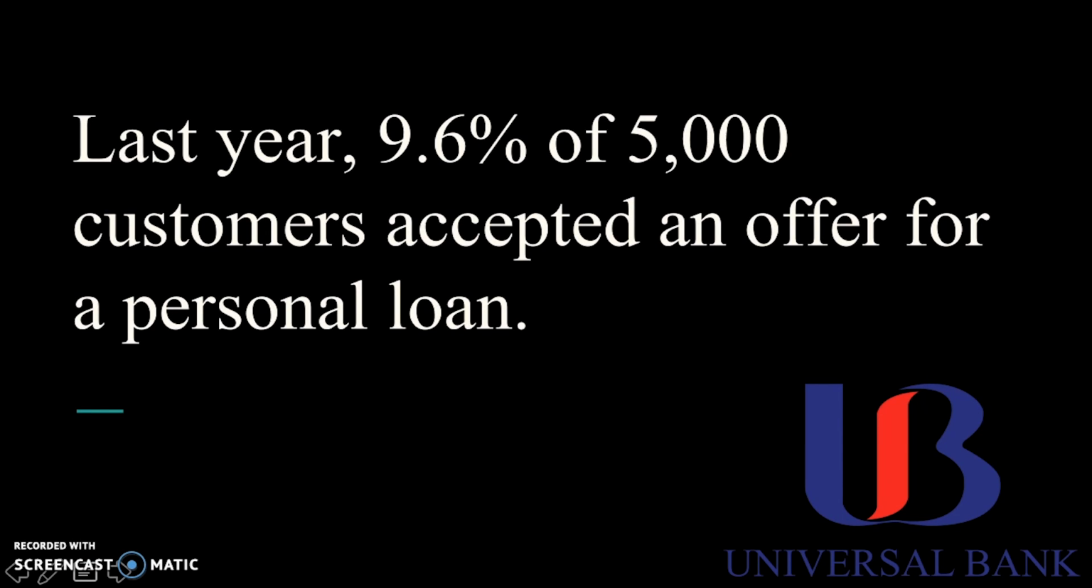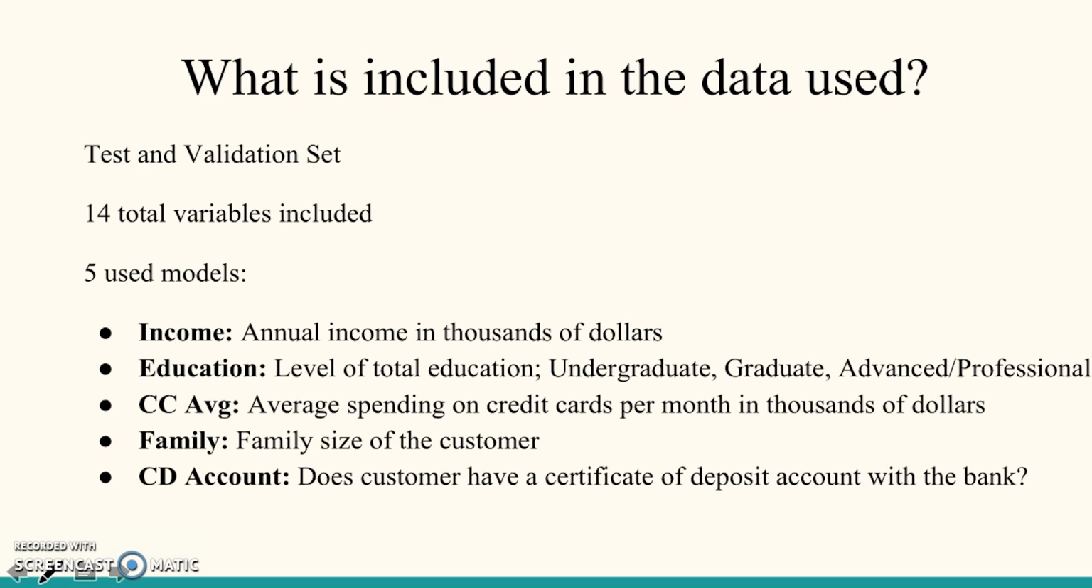So some background info. Last year, 9.6% of 5,000 customers accepted an offer for a personal loan from Universal Bank. Next, some info on the data set. So what is included in the data we used? First of all, we split our data into a test and validation set. So the test was 70% of the data, while the validation set used to test the models was 30% of